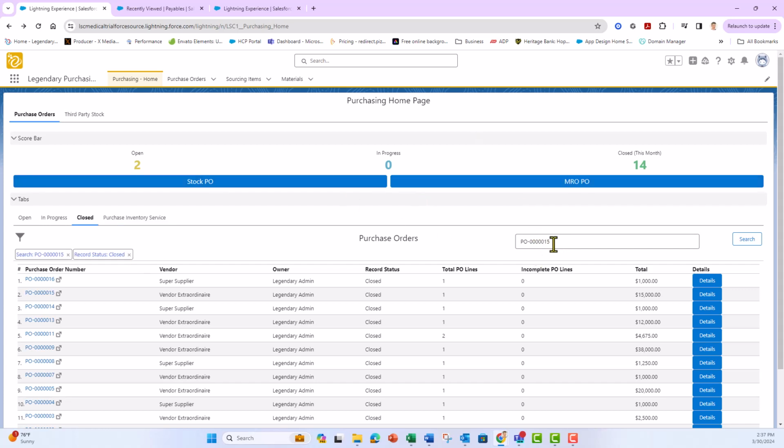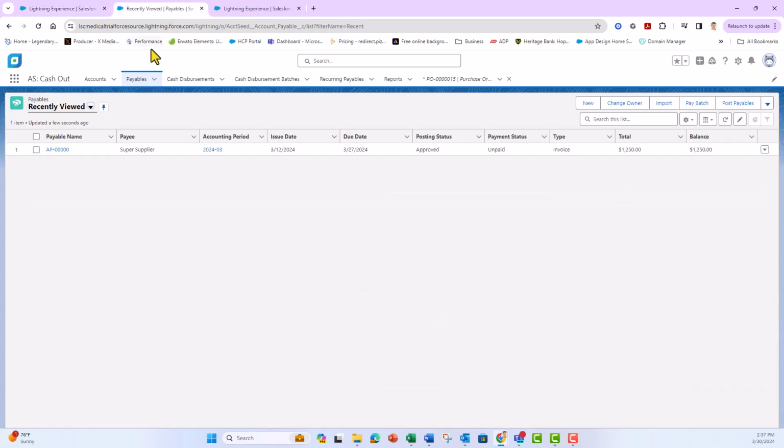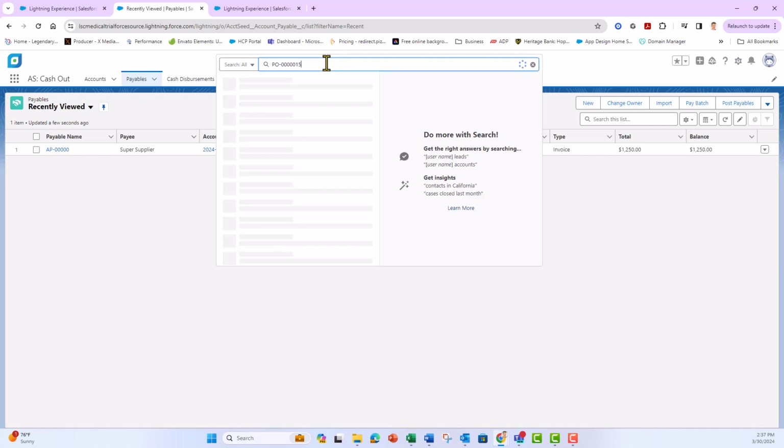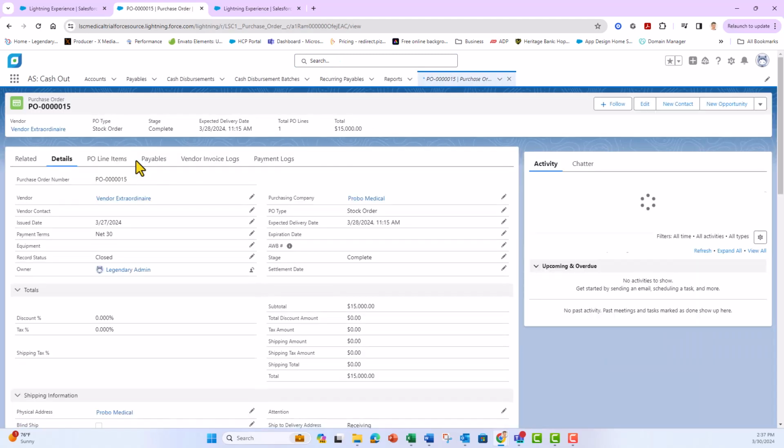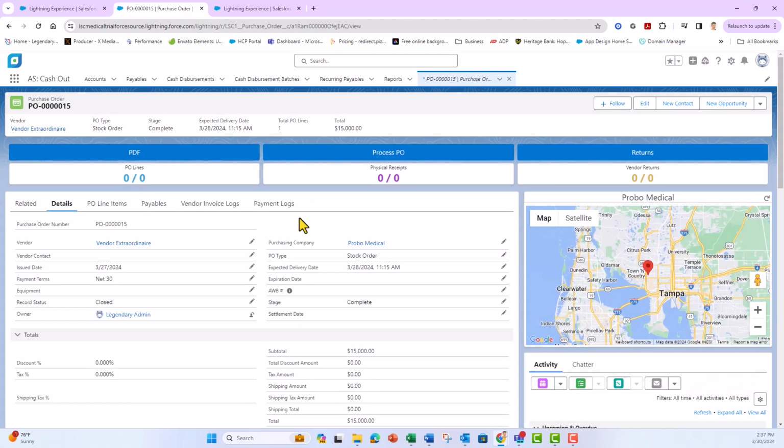If you're in the purchasing home, you could certainly do that from here and then just click search. More commonly, you might be in another area of the application, maybe in cash out, and you just want to input that PO into the search bar. This will help you find your purchase order referenced on your vendor invoice,